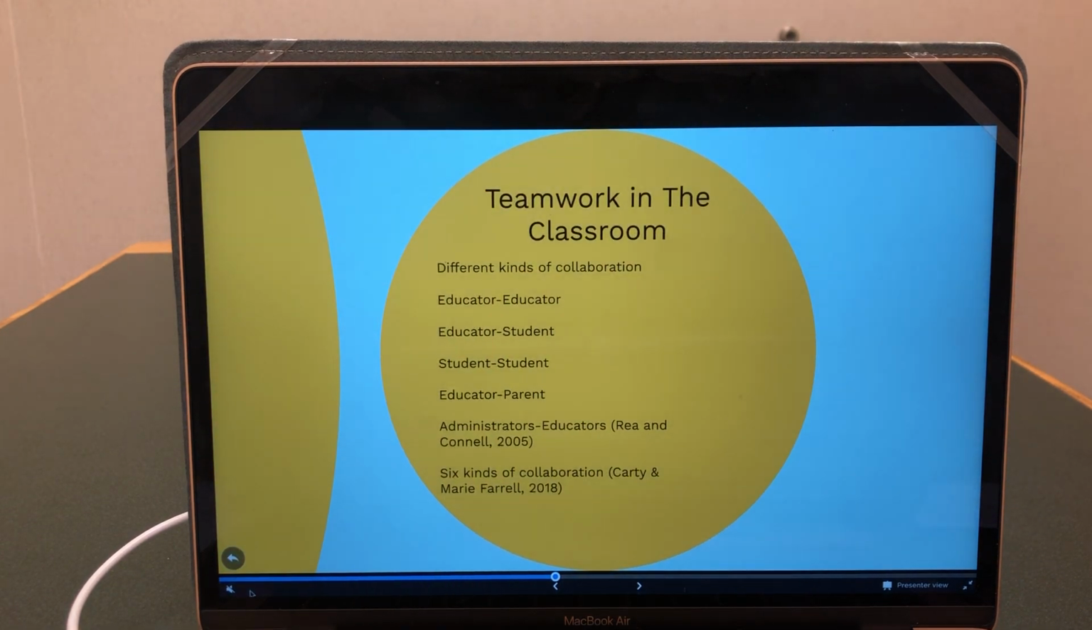So no I in team. There's teamwork that goes into planning. There's teamwork that goes into collaboration in the classroom. And there's different kinds of collaboration: between educator and educator, between the educator and student, and also between the students themselves. Educators and parents collaborate sometimes, or should collaborate often, actually. And then administrators and educators. And Ray and Connell